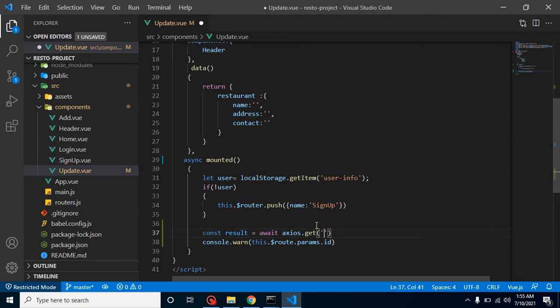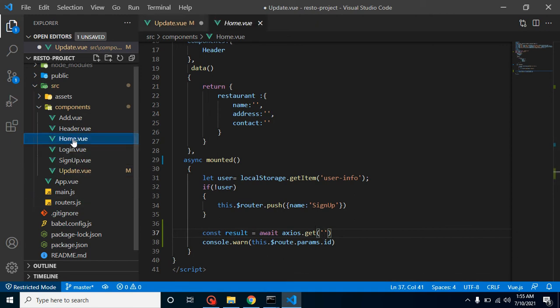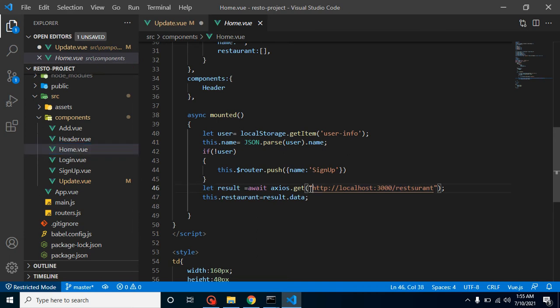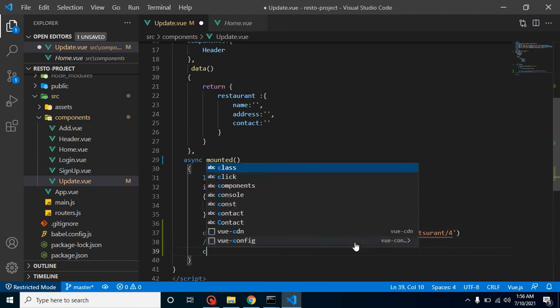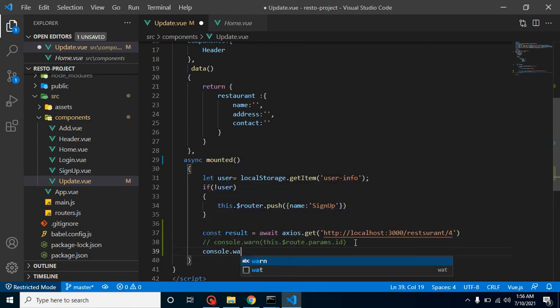So how do I know which URL I have to call? First of all, I want to go to the home page. Here you can see that this list gets the data of all restaurants in our database, right? But if I simply pass any specific ID here, let's say ID 4, then it will get the data on the basis of this ID, and I will show you what data we are getting. console.warn